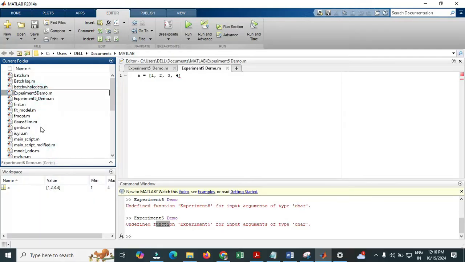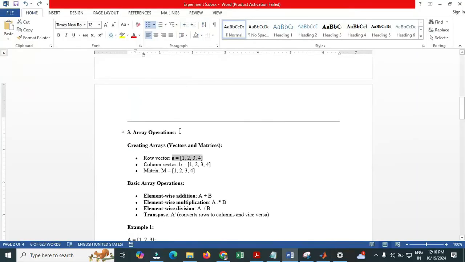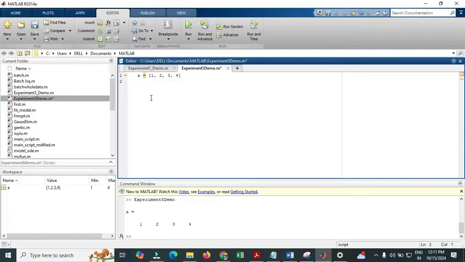Now run. We can observe that A, the row vector, is created here. Why am I calling this a row vector? You can understand that. Now let me create a column vector. Let me copy B. Just look at the difference between A and B. Here, the numbers are separated by commas. Here, each number is separated from the upcoming number by a semicolon. The moment I run it,